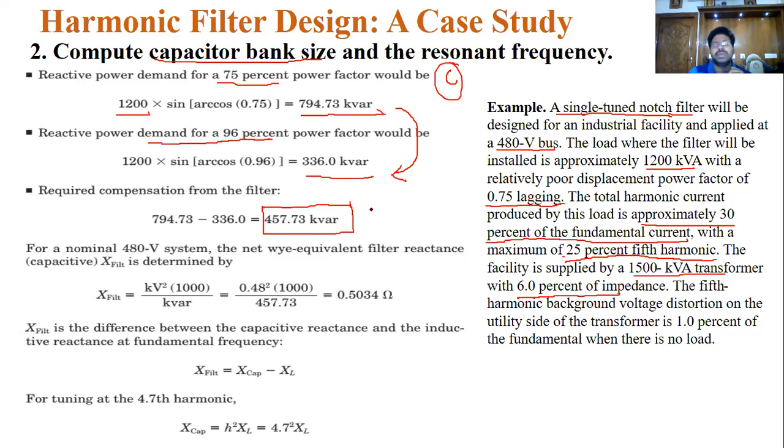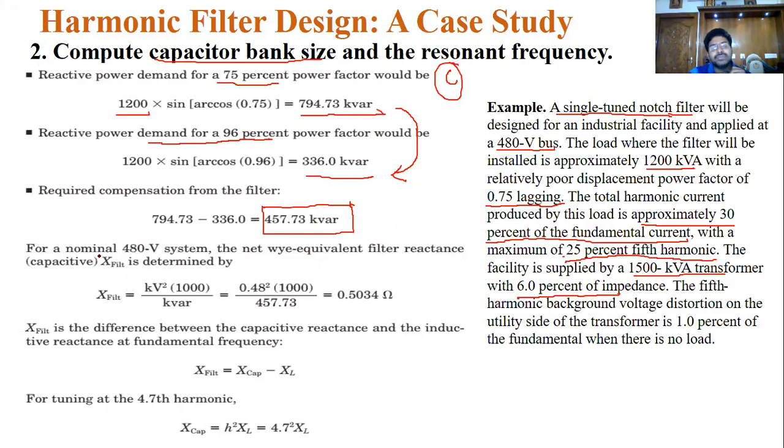See, this is a very simple calculation. Based on the problem given, the power requirement of the system is like this, but the actual is like this. So how much difference is there? This much. This is our factor, this is our rating. You can keep it in mind. This is our rating to design a capacitor bank.